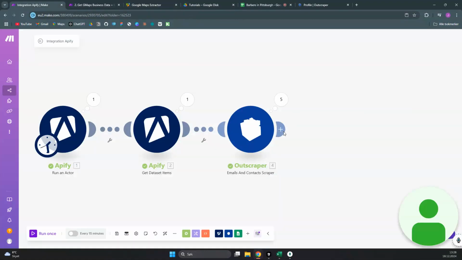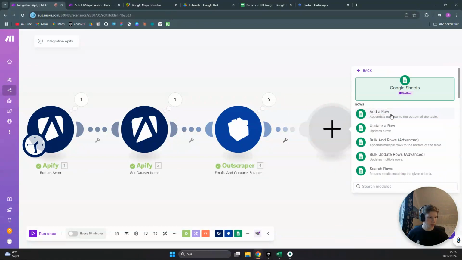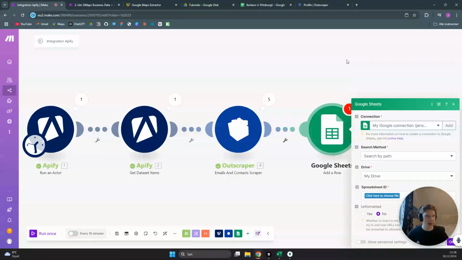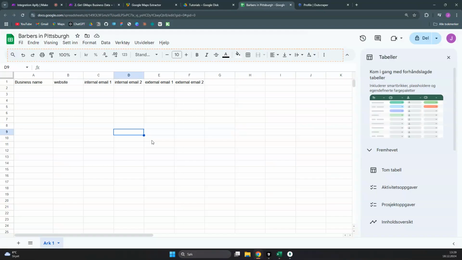And now we need to connect to our Google Sheets here in make.com. We need to add a row for every output we get from Outscraper. So what we can do here is first you need to connect to your Google Sheets. And then we can search the path. Let's see, we need to do tutorials. And we need to do Barbers in Pittsburgh. And let's call this